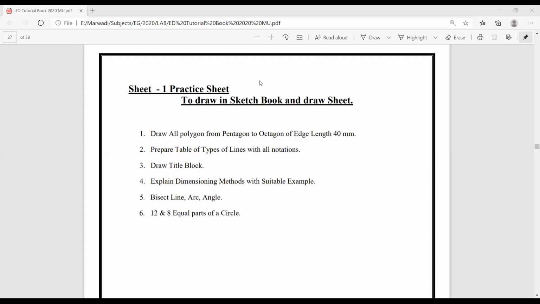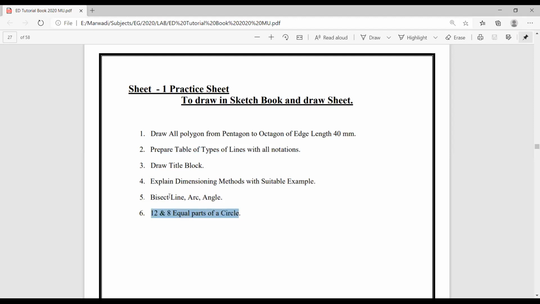So this is the practice sheet. In the practice sheet, we have to solve a few examples. In the previous session, a few things were covered, like types of line, and the dimensioning method is done for both batch A and B. Am I right? Dimensioning method and types of line. ये दोनों question complete हो चुके हैं ना? Okay, so we'll continue with this one, right?